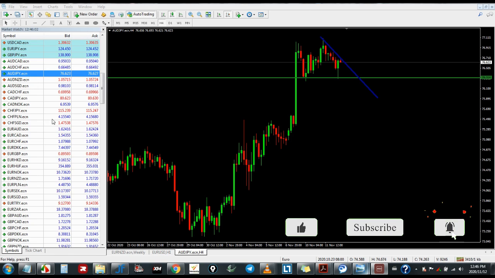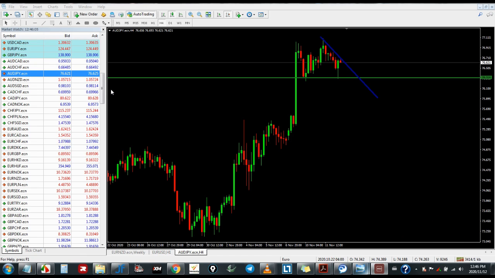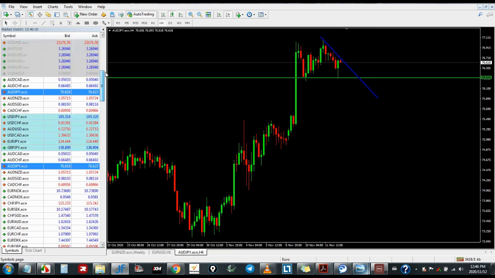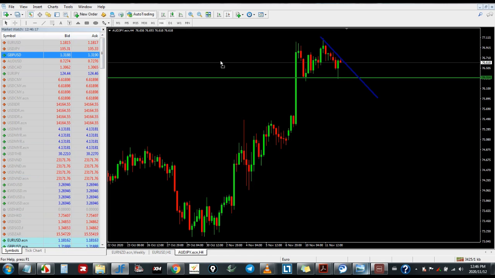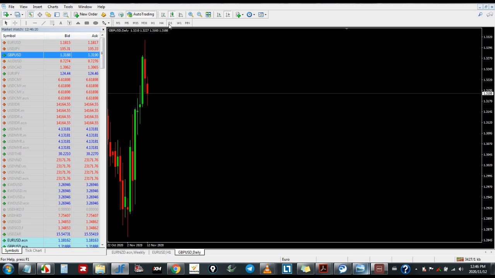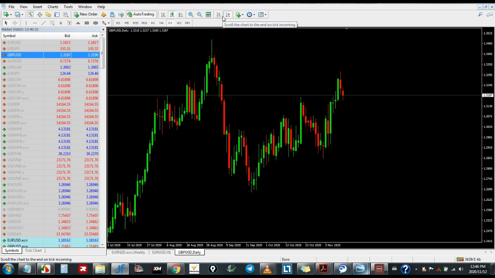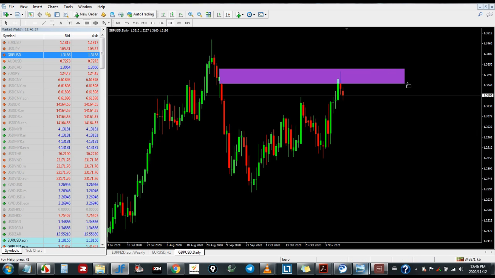So now let us look at the last pair. Let's just look at GBP pairs. What can we expect on GBP pairs? Let's start with GBP. We're gonna go to the daily. Remember I said we do the 1 hour, the 4 hour, and the daily. So here I can see already it's at a supply. So now definitely the daily is saying something about sell on the GBP, and I agree with this sell.